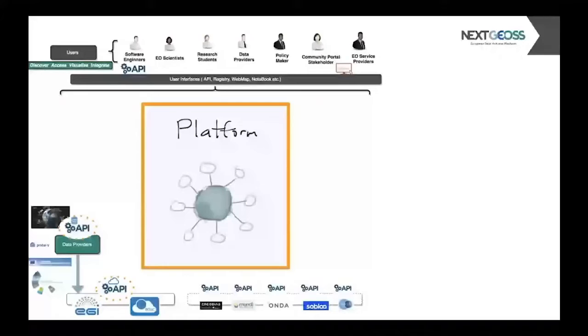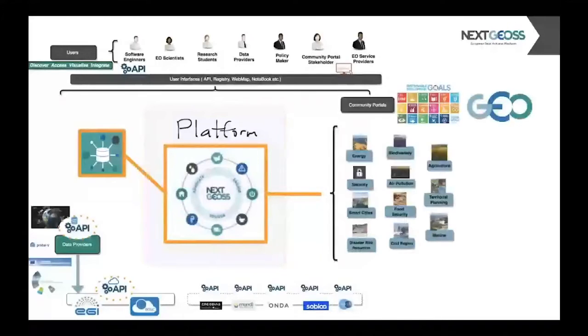So overall, this is what the NextGEOSS team does with the NextGEOSS Data Hub and platform. Onboarding users for whom the NextGEOSS team can deliver access to resources as well as dedicated support. Onboarding application builders in particular, as shown on the right side of the slide, as this is paramount for the platform take-up. So we call them pilots, and we have plenty of them already and growing. And such pilots are led by key stakeholders in domains such as energy, biodiversity, agriculture, and etc. And these stakeholders usually operate on their own portals in order to engage with their community of practice and deliver